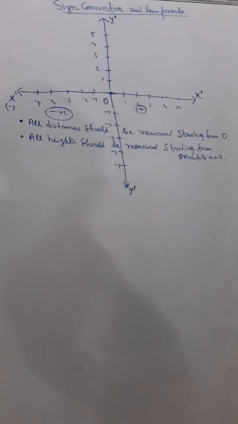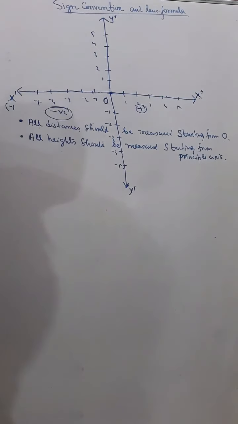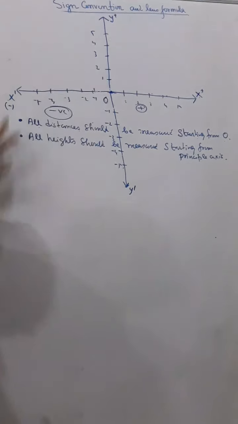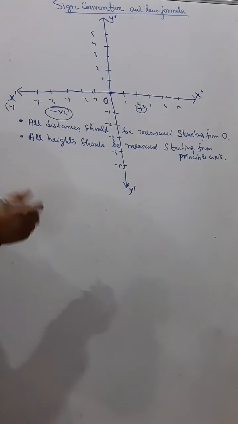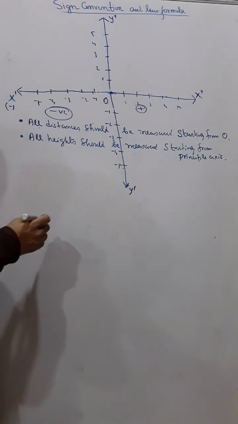Okay, we are continuing after video 3, video 2. Now there was a problem in my video 2 because there was a sudden power failure. So I'm just continuing after video 2. So we are there in the sign convention and lens formula. Now lens formula and sign I have already explained to you. But again I'm just explaining about convex lens.